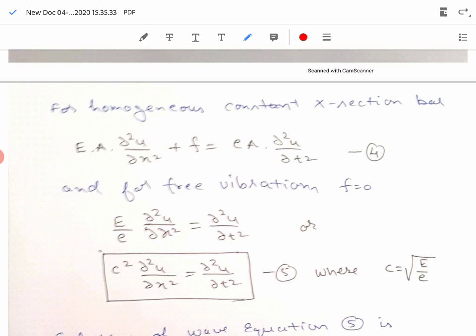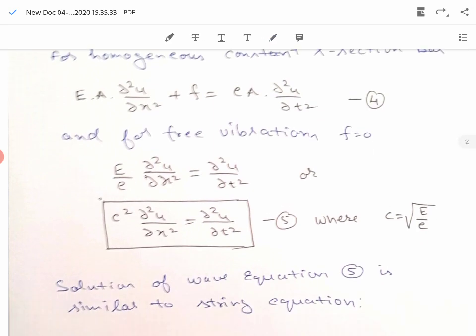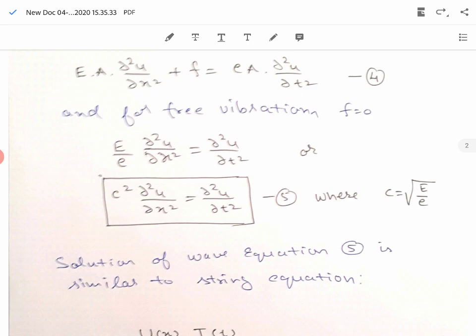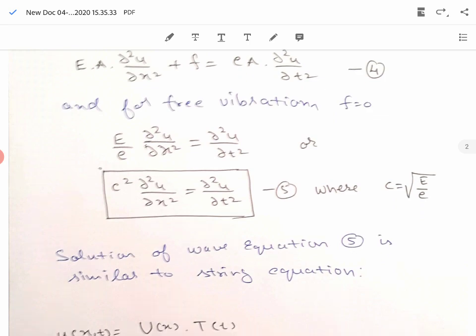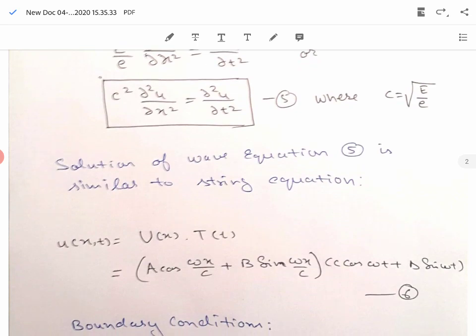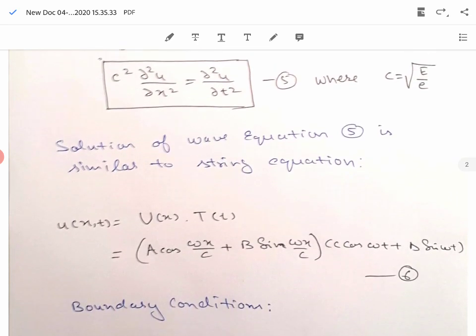Now this is an identical equation to that we obtained in case of a string, except the difference is that in case of a string the value of C was given by under root P by rho. Here E is the modulus of elasticity and rho is the mass density of the bar material. So the solution of this wave equation 5 will be similar to what we obtained in case of a string. That means we are going to apply the method of separation of variables, and we are going to assume the solution as